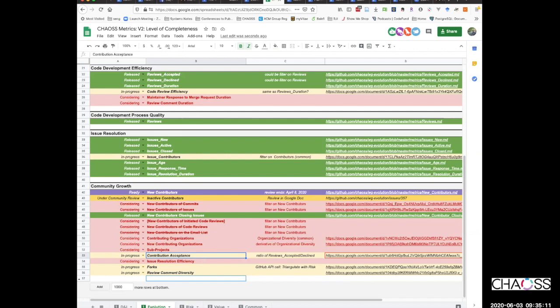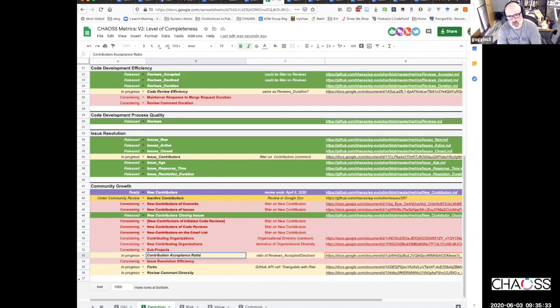I have to be very careful because I think this is a metric that can tell you a few things, and it's not necessarily just about community growth explicitly. I'm talking about the language within the document rather than where it belongs.